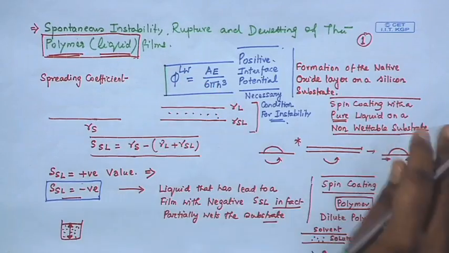We have derived an expression for that, and we have also found another criterion for understanding whether a film is stable or not, and that is based on either the effective interface potential or the disjoining pressure, whichever it is, it is essentially the same thing. So, this is a